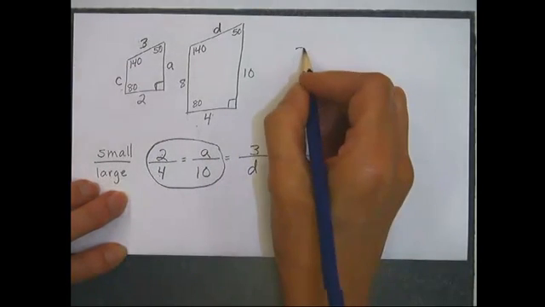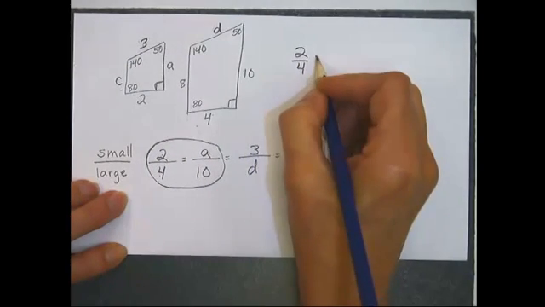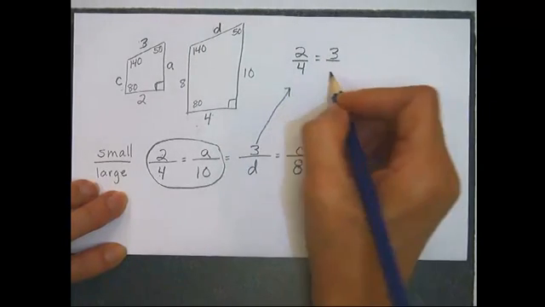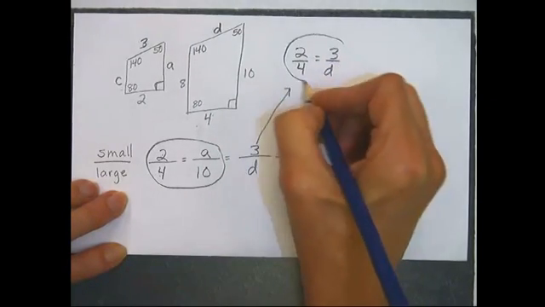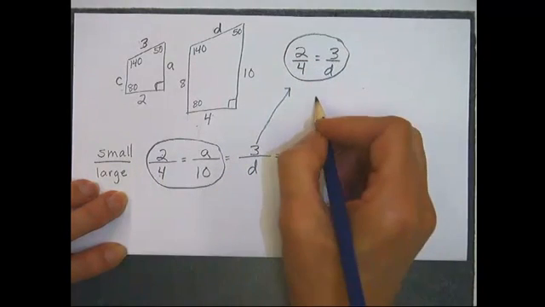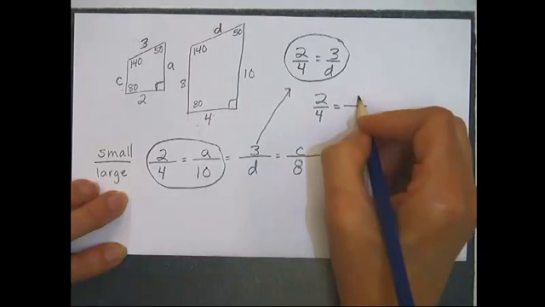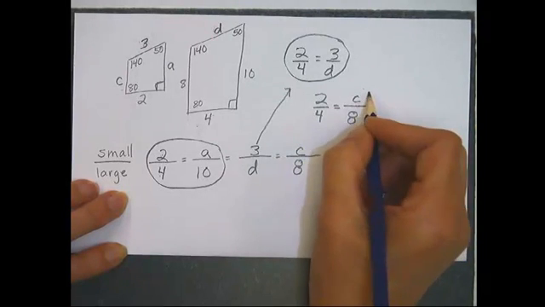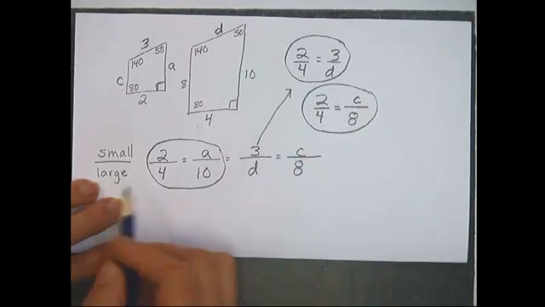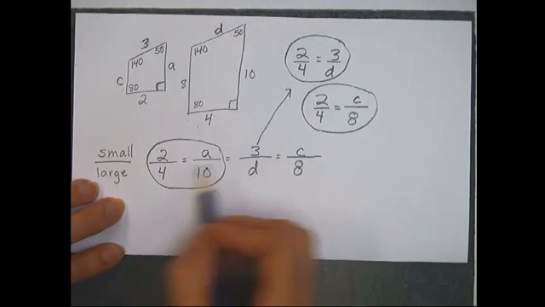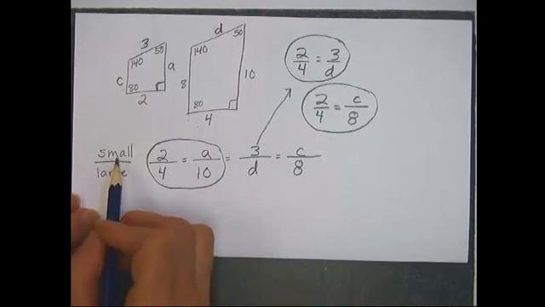I could also set up another proportion problem over here and plug in this one here to solve for D. Or I could take that 2 over 4 and put it equal to the last ratio and solve for that missing one there. So basically, this little rigmarole that I did down here is just setting it up and getting everything organized, but it all starts with that word ratio of comparing